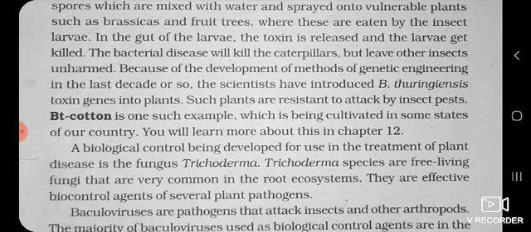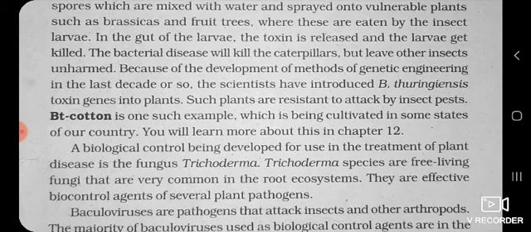So, if a farmer has to remove only the caterpillar of the butterfly, then this Bacillus thuringiensis powder only kills the caterpillar but does not harm the other insects in the field, because they may be important for the field, for pollination or for other purposes.